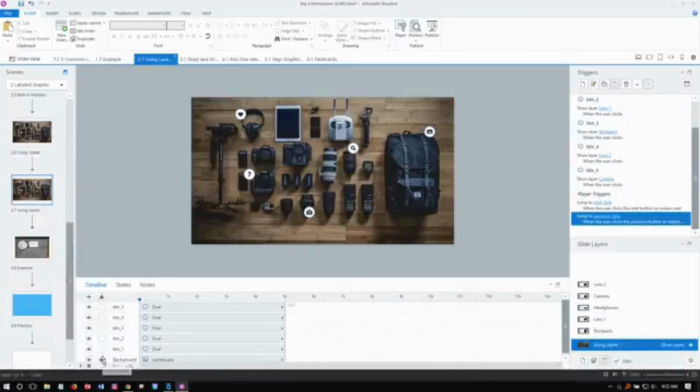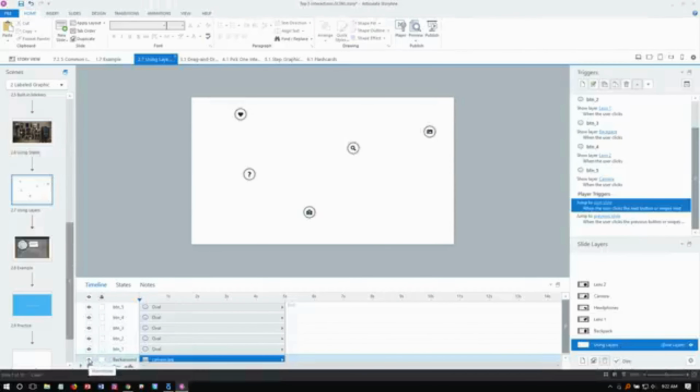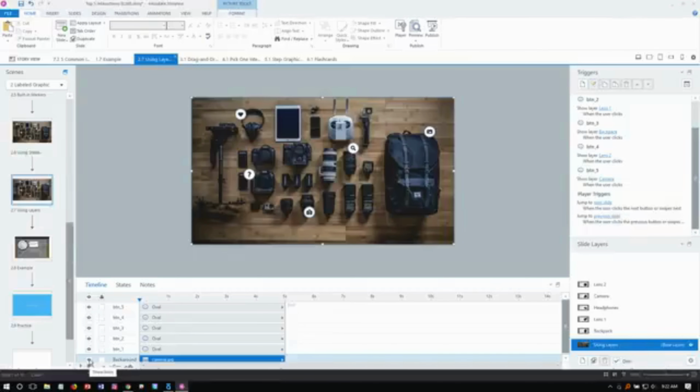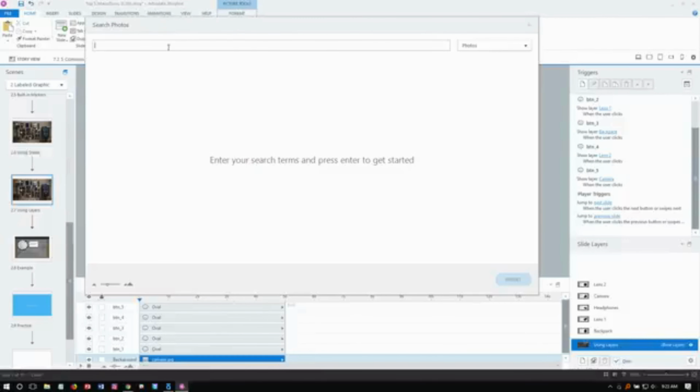I wanted to change this, deselect my background graphic, right? So if I turn off this, it's really just the markers that are moved appropriately over a single image. So let's just say we want to swap this background of photography equipment out for, let's grab something from Content Library Photos. And we'll type in, let's see,